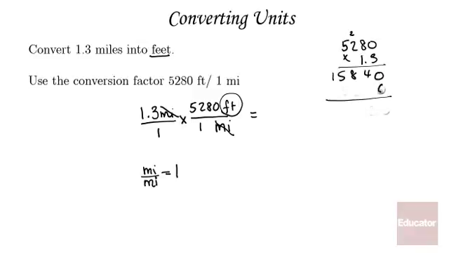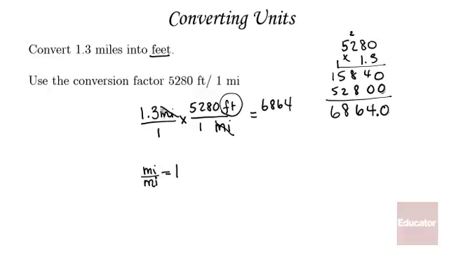It's going to be 0, 0, 8, 2, and 5. Holding the place, and then 1 times 0, 85. Okay, 0, 4, 16, 8, and 6, and then with 1 place. So 1.3 times 5,280 is